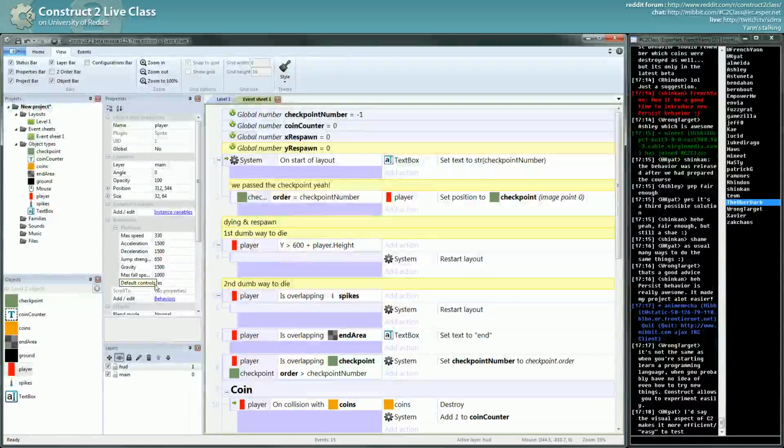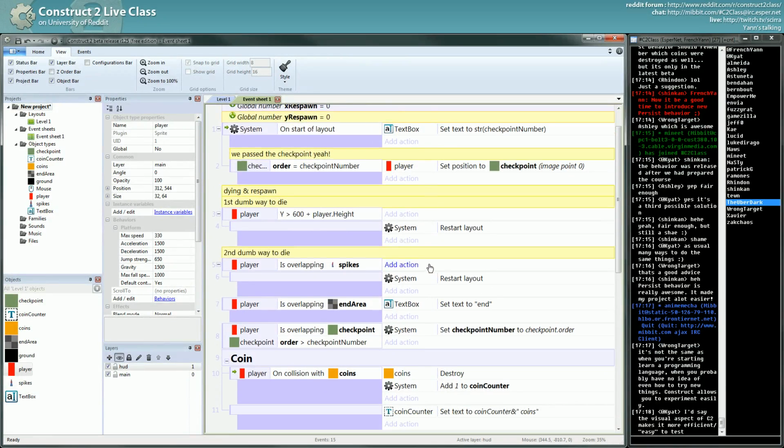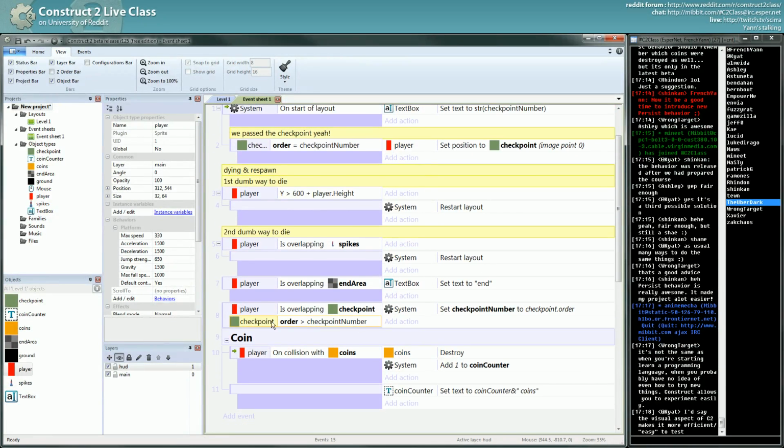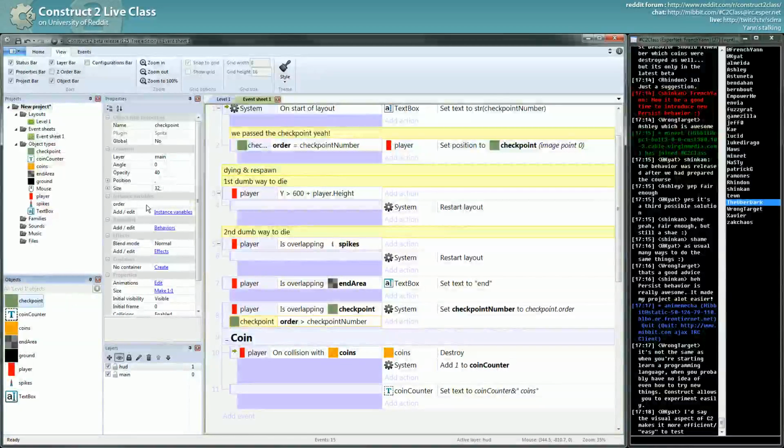Sometimes you want to use an object, and it can be a trick to avoid reaching the 100 events of the free version. So, and since I already used an instance variable for the checkpoints, and you already saw an example of